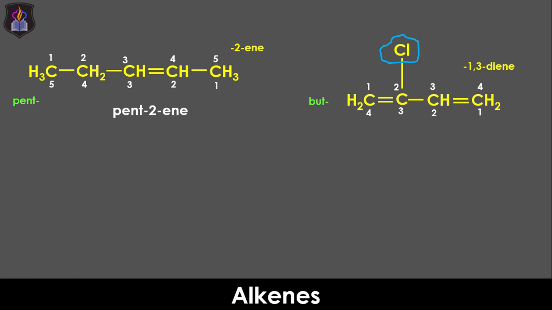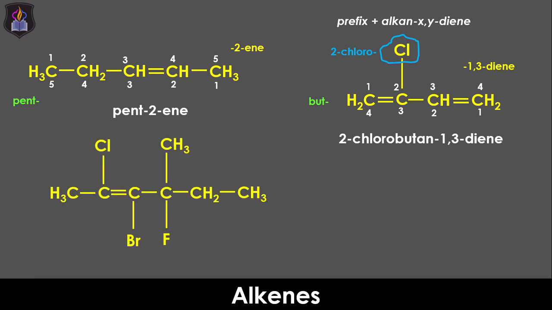So the prefix is 2-chloro. Being a diene, that is an alkene that contains 2 carbon-carbon double bonds in its molecule, the compound will be named according to the format prefix plus alkane XY diene, where X and Y are the positions of the 2 double bonds in the molecule. Therefore, the name of the compound is